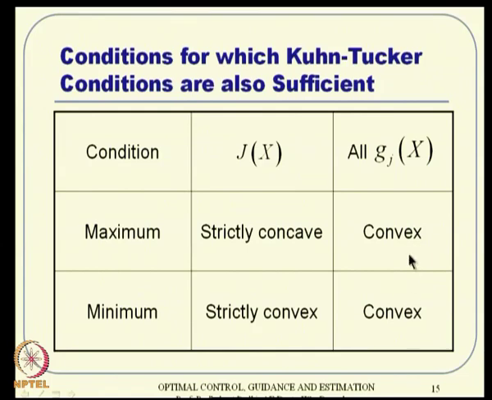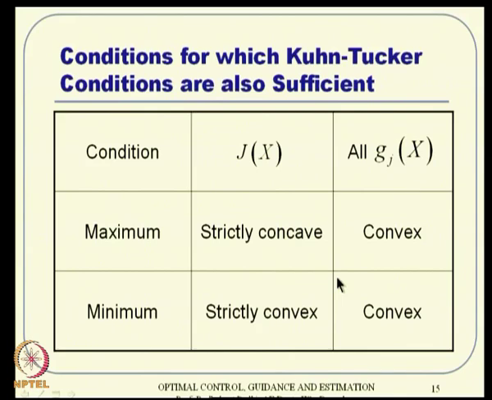So, this constraint equation need only be convex, which also includes linear equations. Linear equations are straight line representations and all that, so they are also included in the constraint equations. But the cost function has to be strictly concave or strictly convex. That means it has to be some sort of quadratic, fourth order powers and all that, which we talk about for minimization, or negative of them for maximization. Those will satisfy this kind of conditions. So, this is the summary.